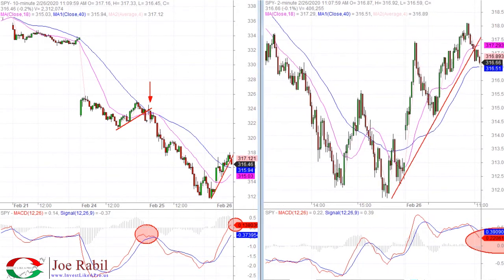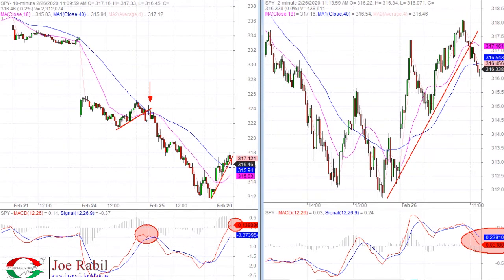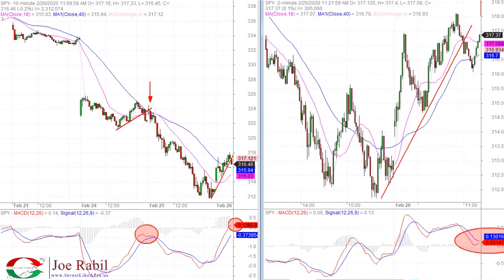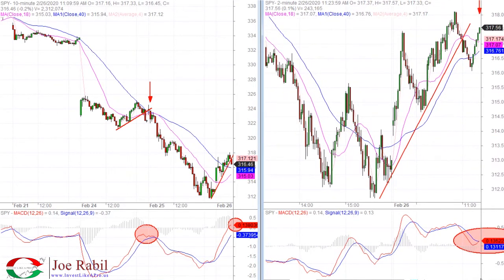So what happens is this follows through to the downside and then we get a little bit of a rally. Now, I know what's happening here. I'm at the zero line on the 10-minute right here. We've rallied up and the red line is in the zone. So I'm in the area where I would be very concerned about a potential reversal taking place on the 10-minute